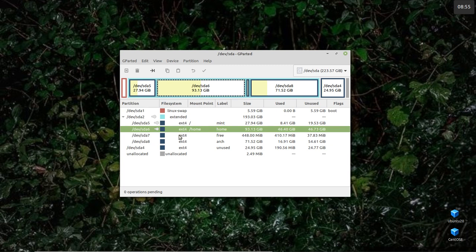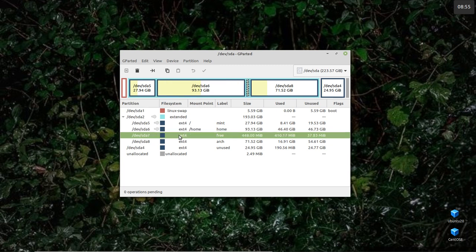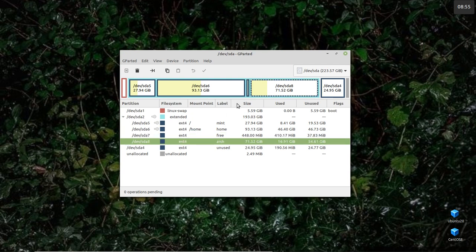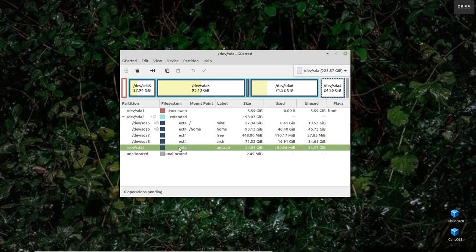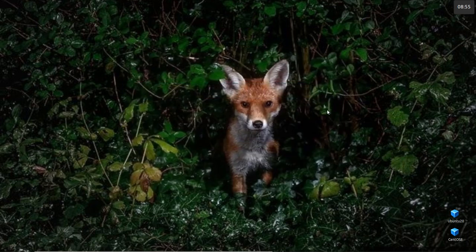That's free, but it's only 448 meg. I'm not sure why that's there. Arch, this machine dual boots Mint and Arch, so I've got Arch installed there, and this is unused. If I want to install another operating system, I'll fit one on there. Now obviously I'm not going to mess about with this. What I'm going to use is, in the